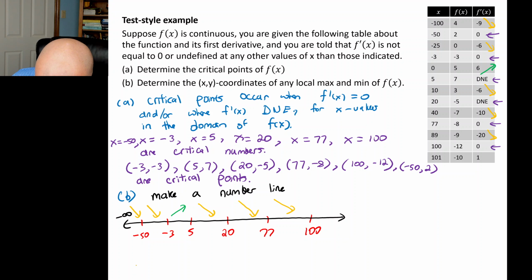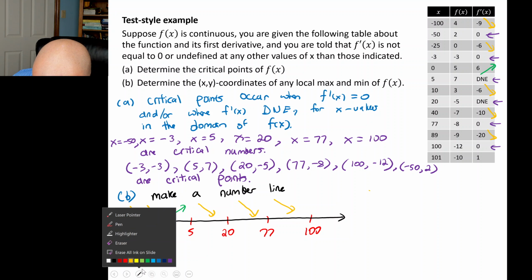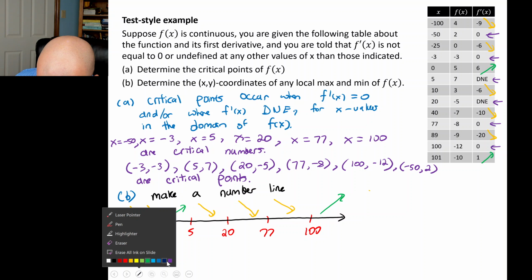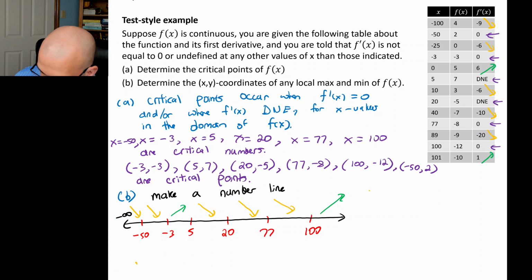And the last one is increasing. So this is a positive derivative. So increasing